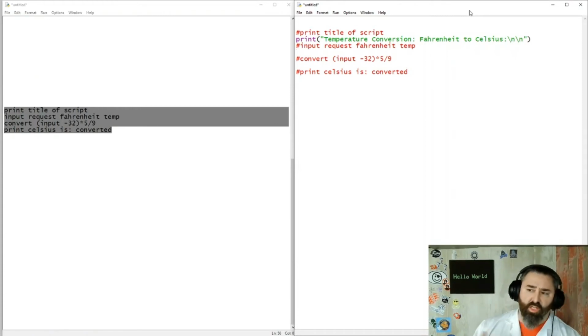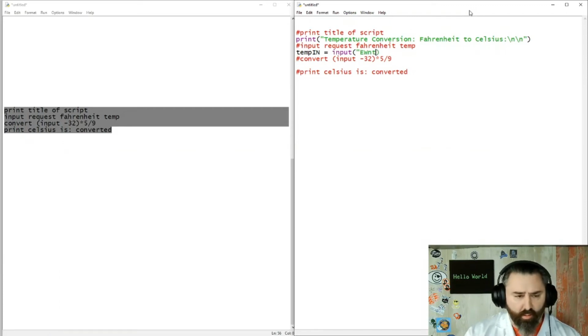So you need a temperature to convert. So you're going to grab this, toss it in a variable called temp in. You could call in the input command. Like I said, we're going to cover all these commands later on, so no worries, right? And you could simply say, enter a temperature in Fahrenheit. You could capitalize it and make it really stand out if you want. Fahrenheit to convert.